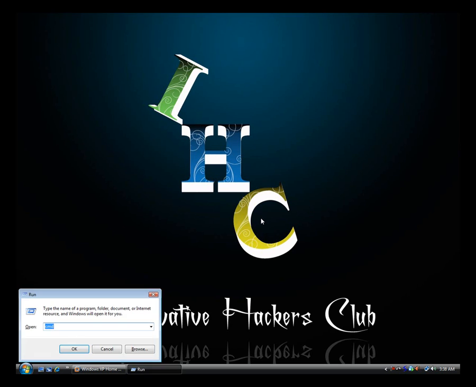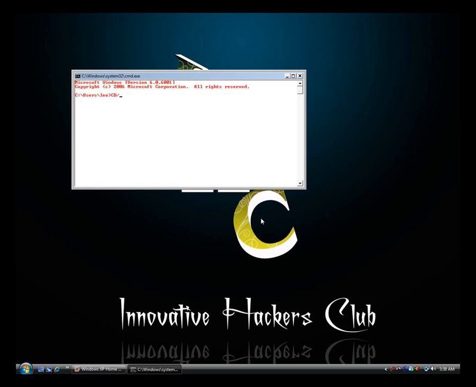Open Netcat. First connect to the remote system by typing NC space host IP address. For this demonstration, I am using IP address 192.168.65.1 followed by port number 80.